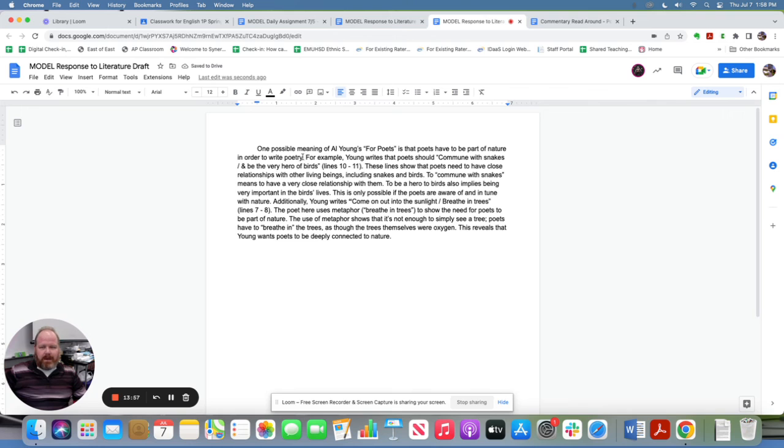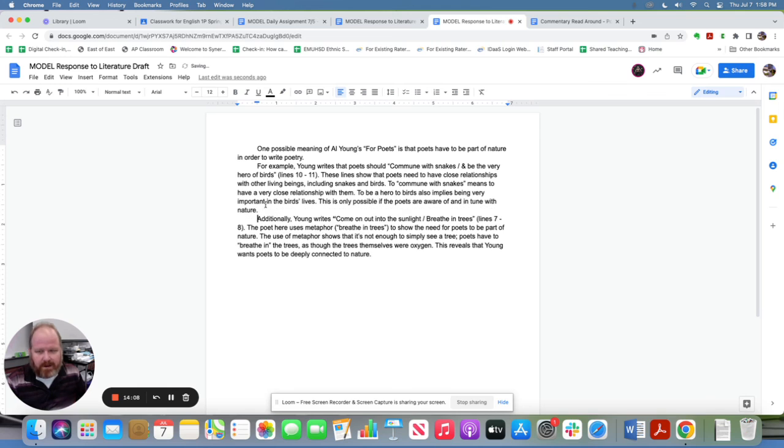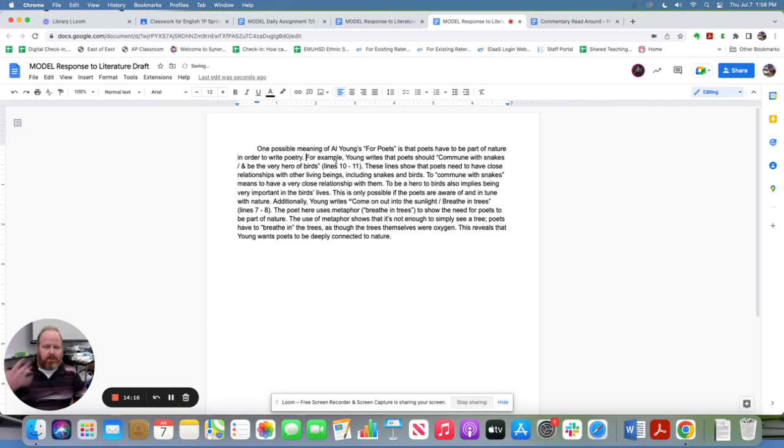Let me show you another way you could do this. If this seems a little dense for you, you could set it up like this. You could do a paragraph break here, and you could do a paragraph break here, and that would work as well. But if you keep it all as one paragraph, also fine with me. I'm going to leave it as one paragraph because I've been telling you, write a paragraph, and I don't want anyone to look at this model and see 3 paragraphs and panic, and think that you're writing an essay, despite what I said. So I'm going to leave it as one paragraph, but if you want to split it up into multiple paragraphs, that's easier for you. That's totally fine as well.